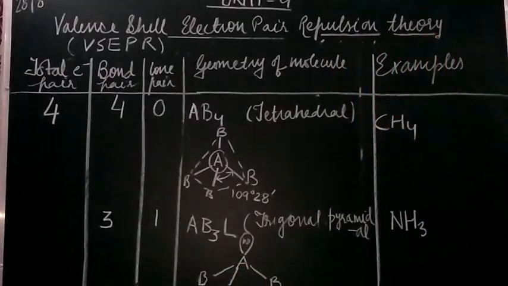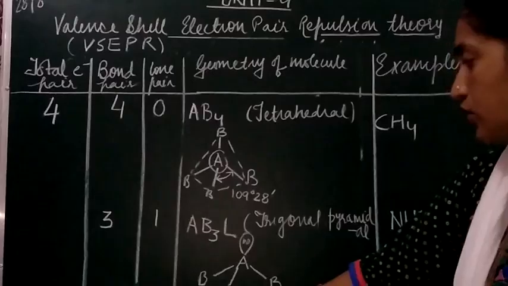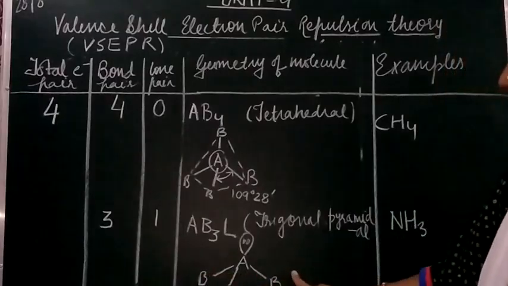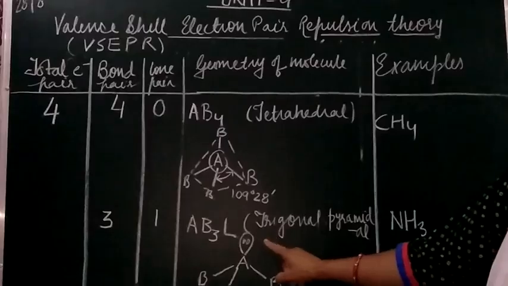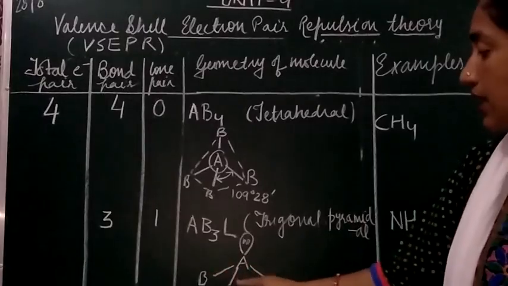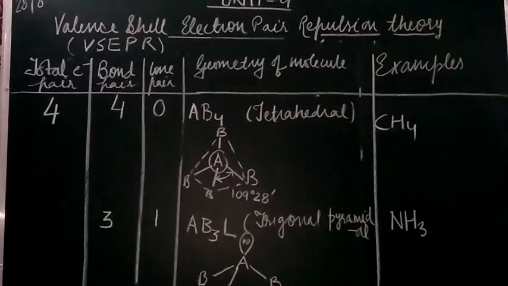This is going to be the trigonal pyramidal shape, where around the central atom we have this bond pair, another bond pair, and this another bond pair, right? And we have a lone pair at the top, and this shape will be known as the trigonal pyramidal shape, where the bonds have been arranged in such a way that the bond pair-lone pair repulsion and bond pair repulsion are considered. So this was the second type, and we have discussed the example of ammonia NH3. And NH3 will have a trigonal pyramidal shape.